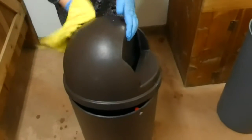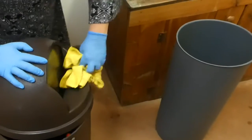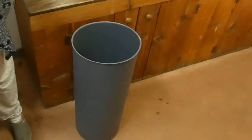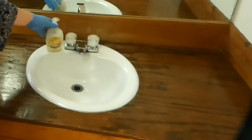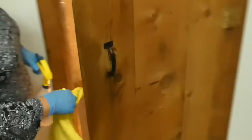Even areas that are not touched, we try to keep wiped down too. Water flings when you wash your hands. Then I will take this outside later on and give it a nice scrubbing down. Of course, once everything's dry, I will put everything back where it belongs. For the hand soap, we add sanitizer to the soap that we already use. And then the last thing that I do